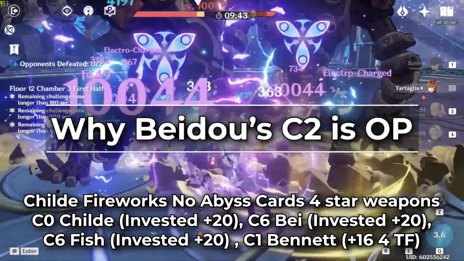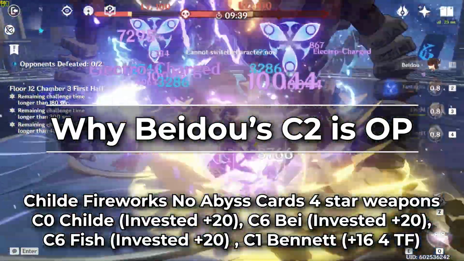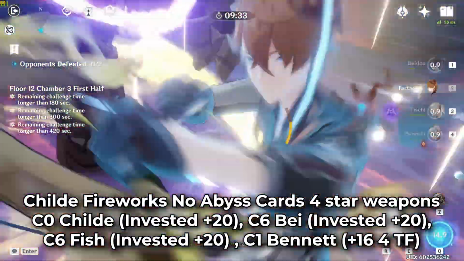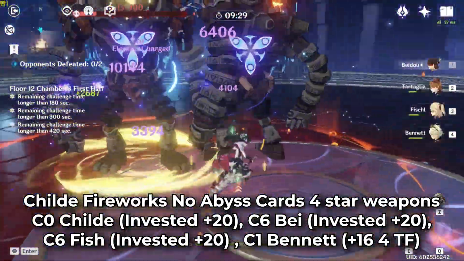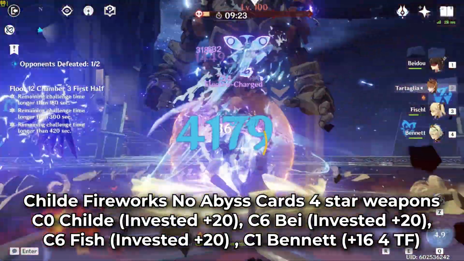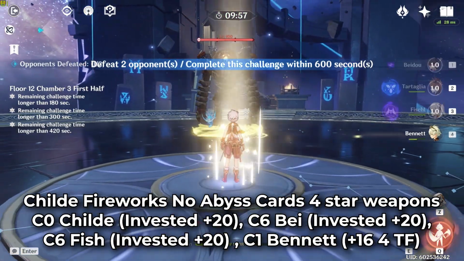As for why Beidou should be Cons 2 or higher, well, that's because Beidou's Cons 2 is arguably the strongest constellation in the game, including 5-star constellations. This is because Beidou's ult has a bounce mechanic and Cons 2 adds 2 more bounces. And the reason this is such a big deal is because Beidou's ult can bounce onto the same targets up to the max bounces. This means if you have 2 targets, Beidou's ult will bounce back and forth between them